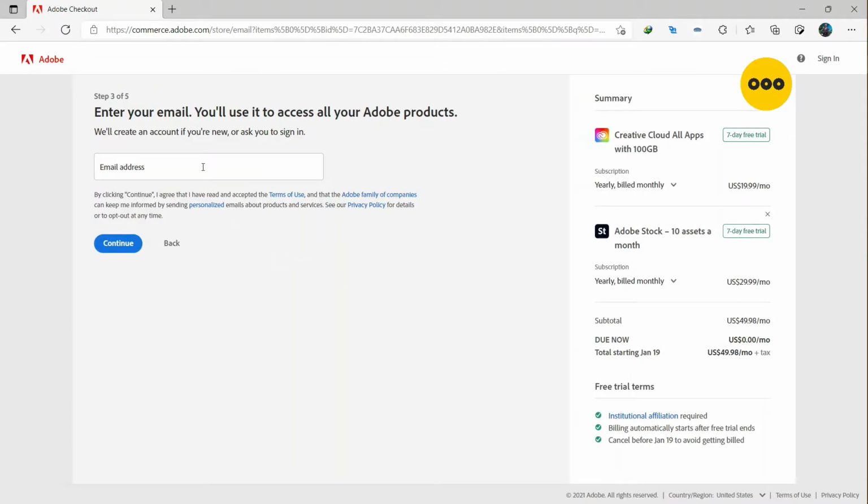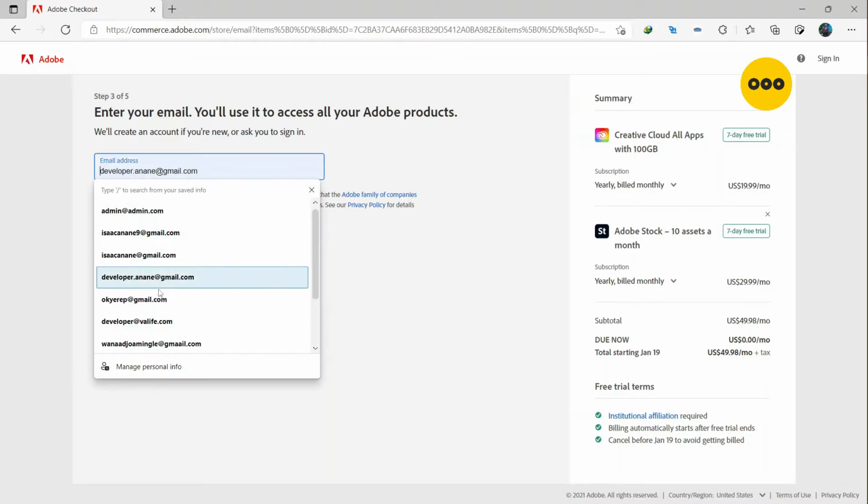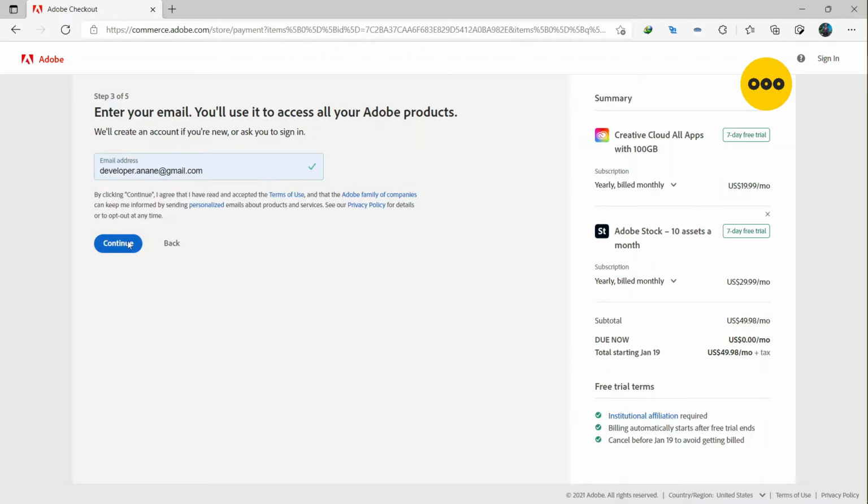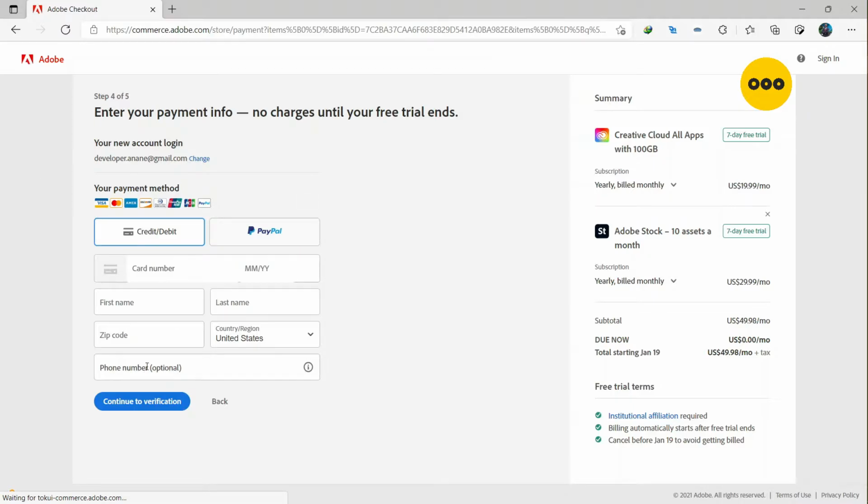As the description says, enter your email and you'll be able to access all your Adobe products. So I will just put in my email here, and then it gets to the payments page where you have to put in your credit card details. Free for the first 7 days, and then after that 7 days you can decide to continue using the software or decide to uninstall it. So the payments, they will start deducting after the trial period. And so I will not go through that because I'm not purchasing now. That is with those who want to use for commercial purposes and even for academic purposes. But